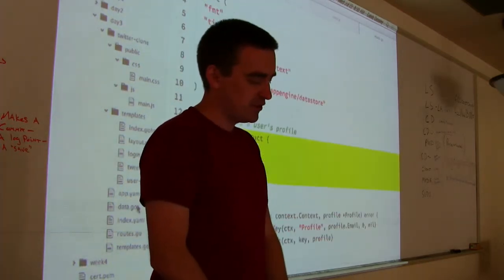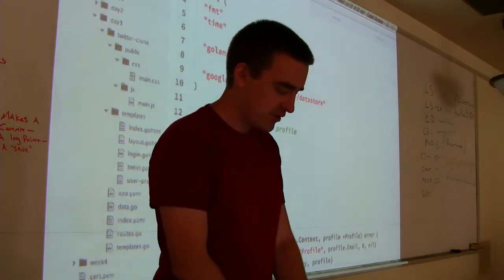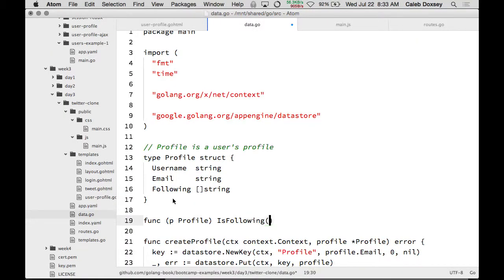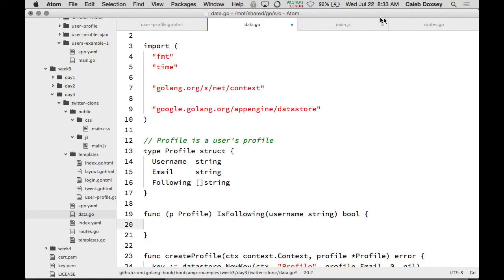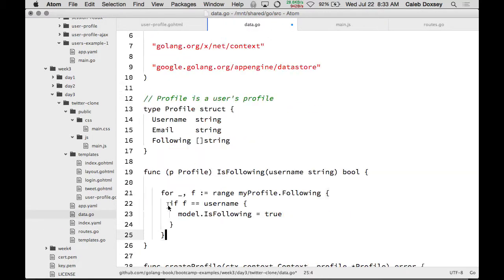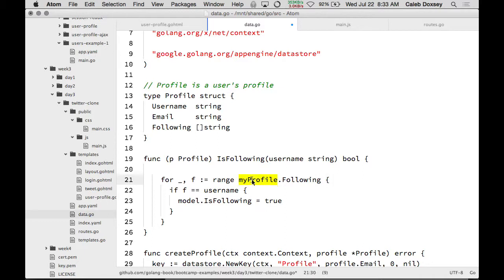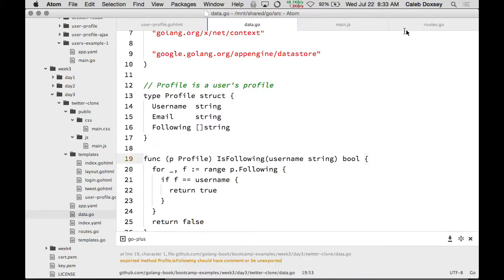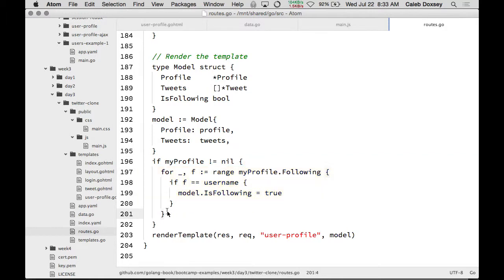So we can improve this slightly by adding a method to profile. And then I will just copy this code into there. That's cool. But it's the same code, right? It just makes it easier over here because now I can say,